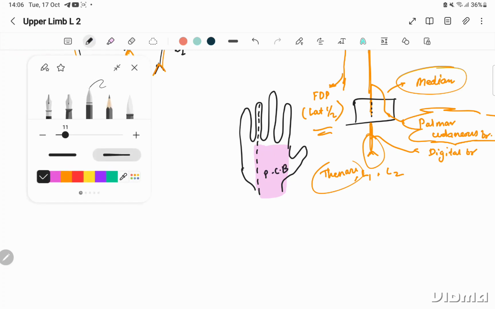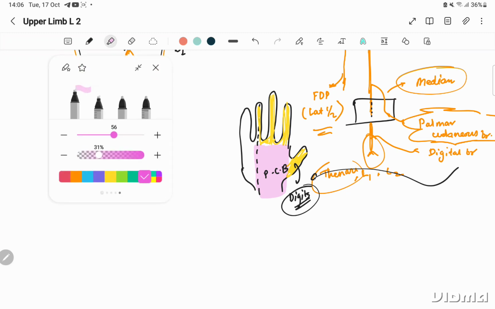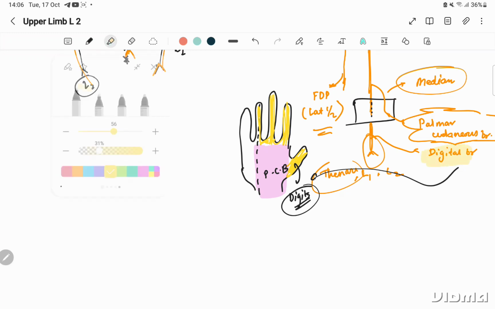Okay, and these all parts would supply the digits, the digital branches supply the digits. So this is the yellow region that is supplied by the digital branches, and the palmar cutaneous branch supplies the pink. Okay,